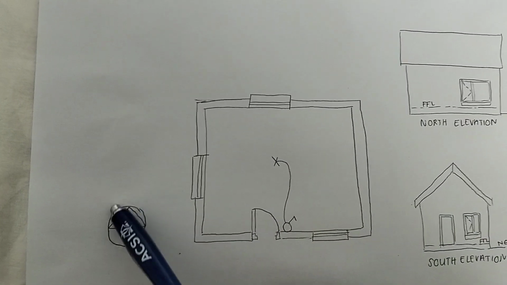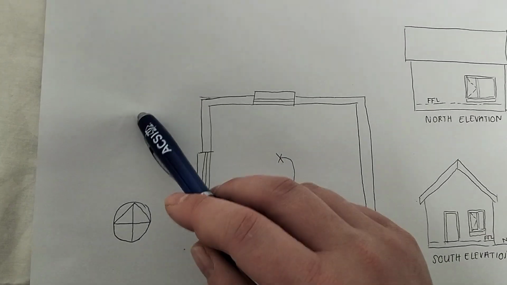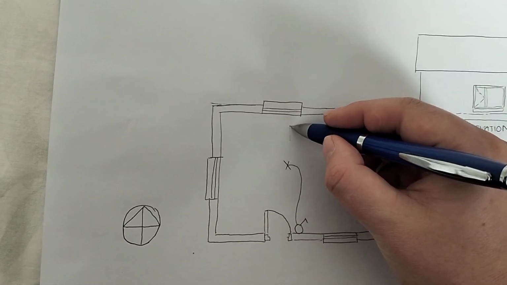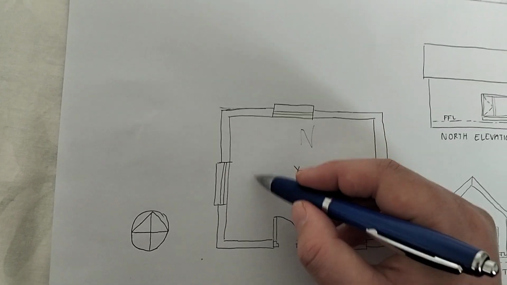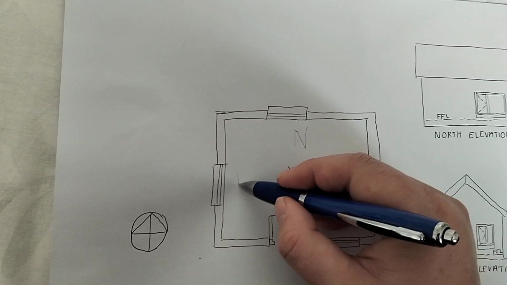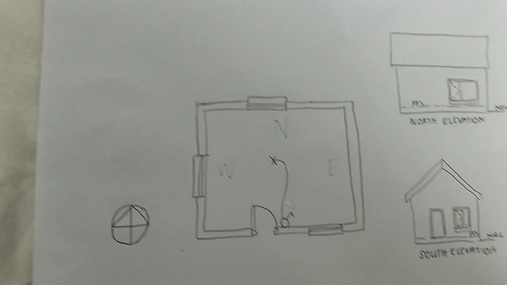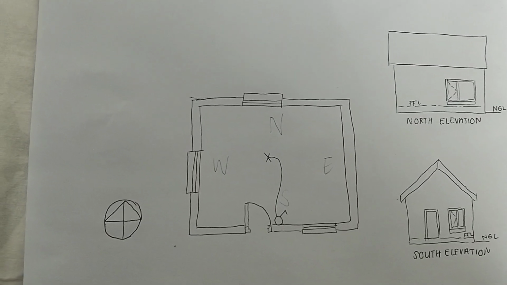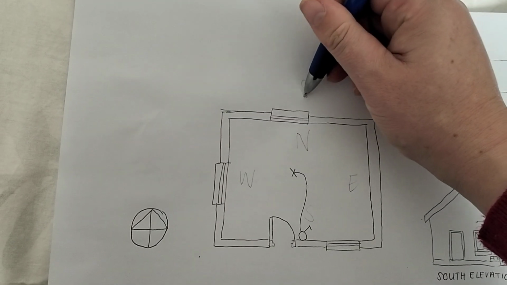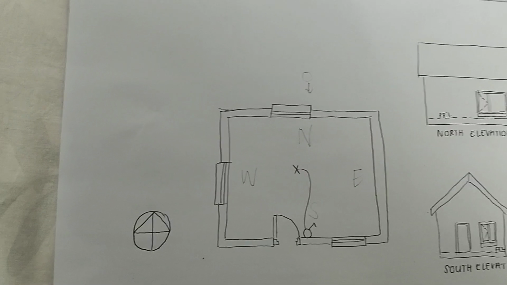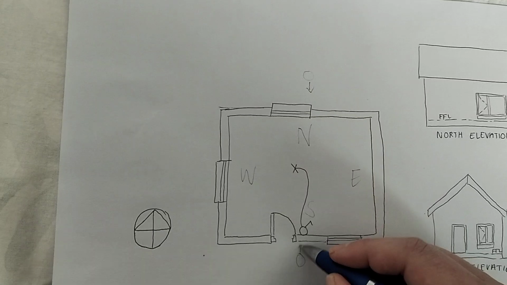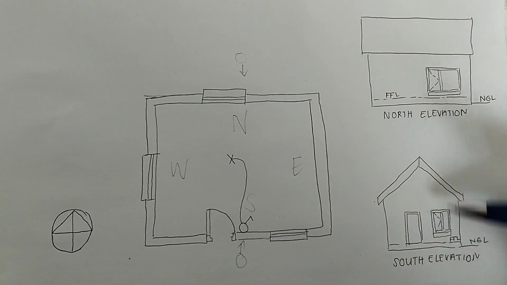Okay, so if the north point is showing that north is this way, south is this way, what I usually do is I go and draw it in the floor plan like this, just for myself, and I know this is north, then this is south, this is the east side, and that is the west side. So it means if I'm looking at the north elevation, I would be standing here and I would look in this direction. Okay, if I'm looking at the south elevation, I will be standing here and I would look in this direction as the picture shows.